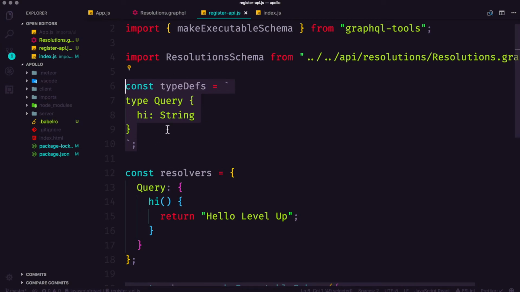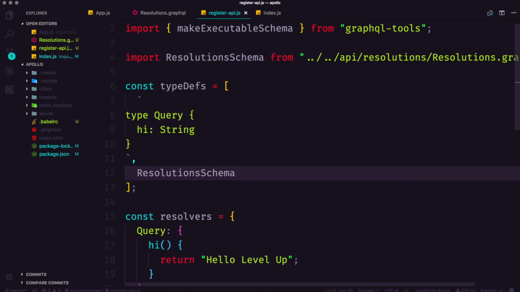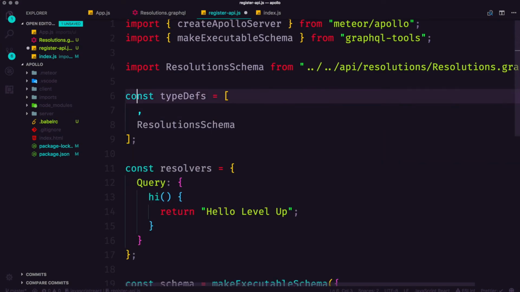And if type defs was its own file, it would be coming in just as another variable here. So what type defs can have is an array. If we actually have brackets here, like this, and maybe have a comma after that backtick, we can actually bring in resolution schema just like this. Okay, let's save this. To make this less disgusting here, let's actually cut this backtick string out of here